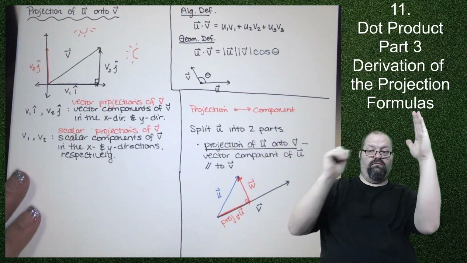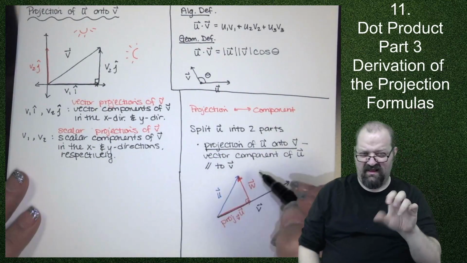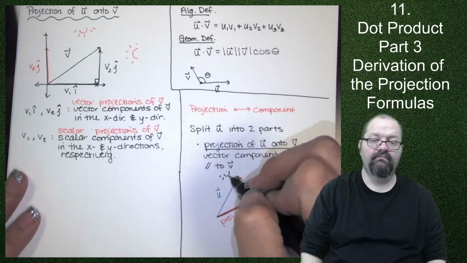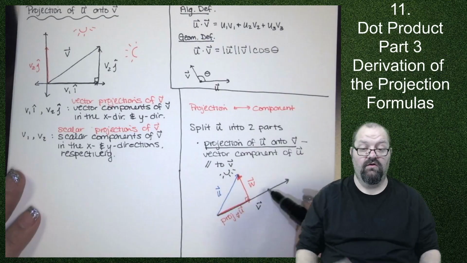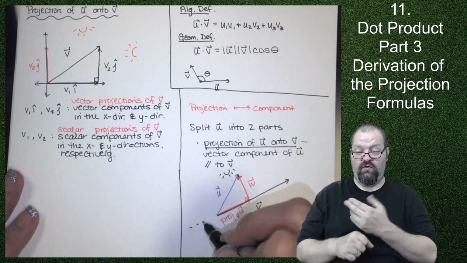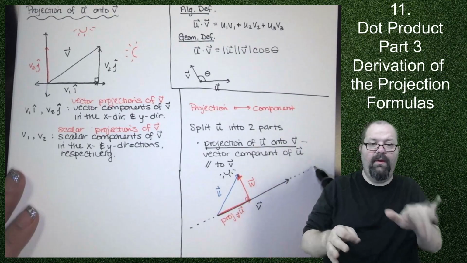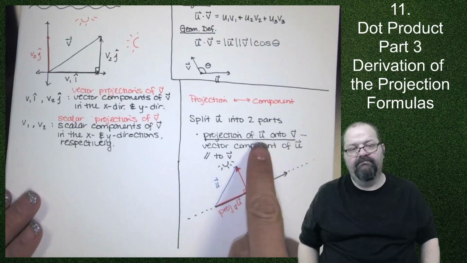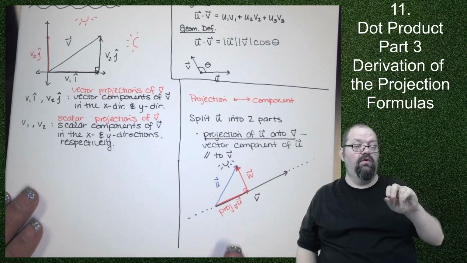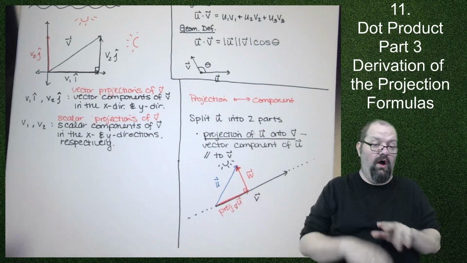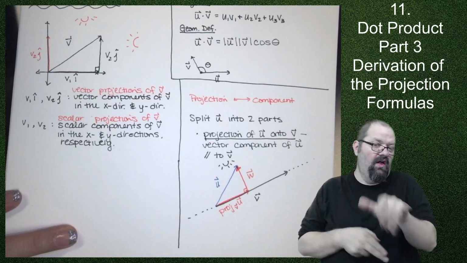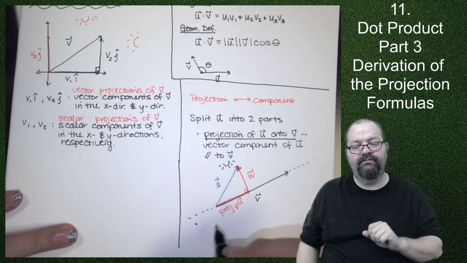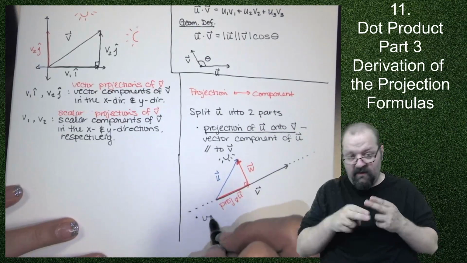It's like our sun is on a line that's parallel to V, and it's just like right up here. I say, okay, what shadow does U cast on the line determined by V? That's the projection of U onto V. So that's that vector. And then the other part of U, we're calling that W. We're going to call that the vector component of U